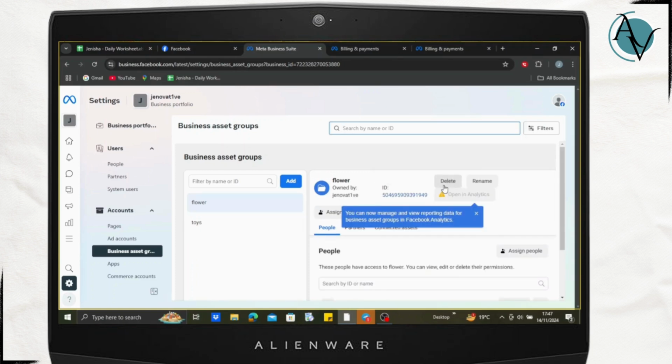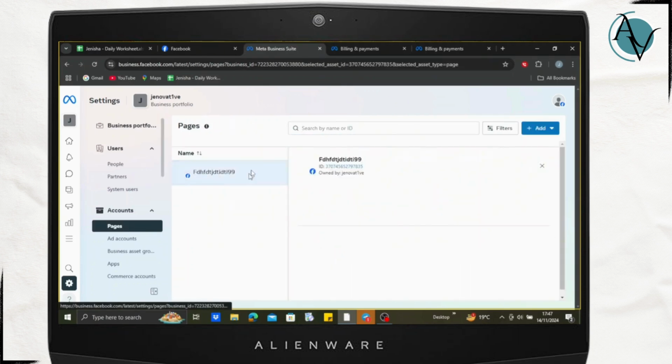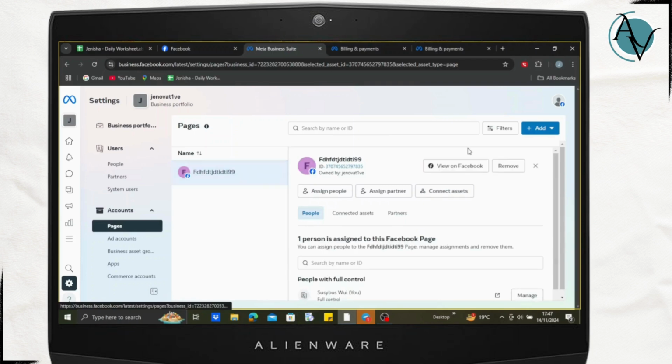added. So here just click on delete and confirm the delete, and you should be able to remove the Facebook assets pages. Or you may just go to the pages section here, and you should be able to see your page here. You may just click on remove and confirm your remove and go further with the process and remove it. So therefore, just follow this method and you should be able to remove the Facebook page from your Meta